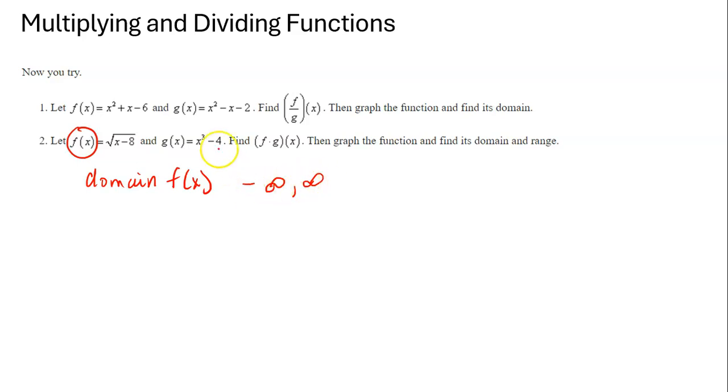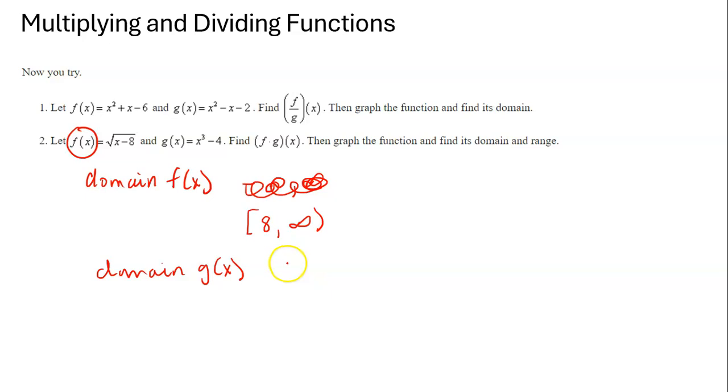It can't be negative infinity because that would be negative. All of that would be negative. So it's going to have to be 8 to positive infinity. And then the domain of g of x